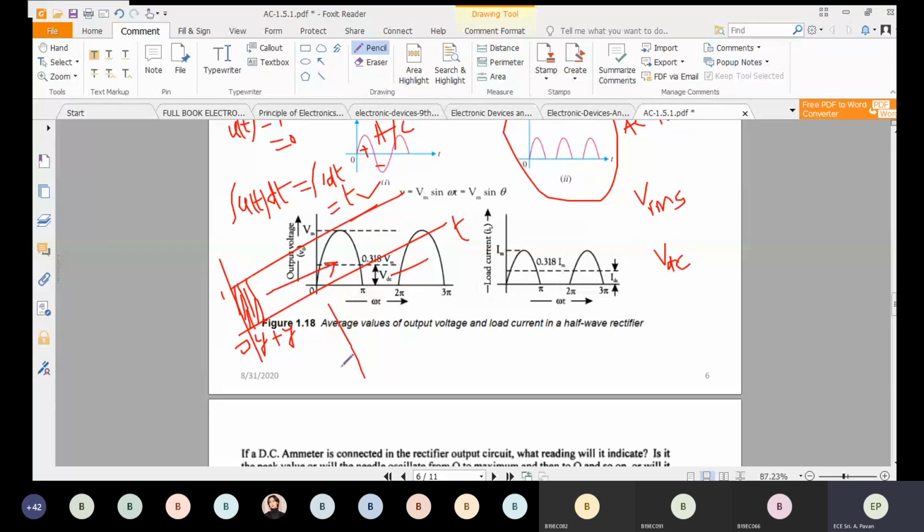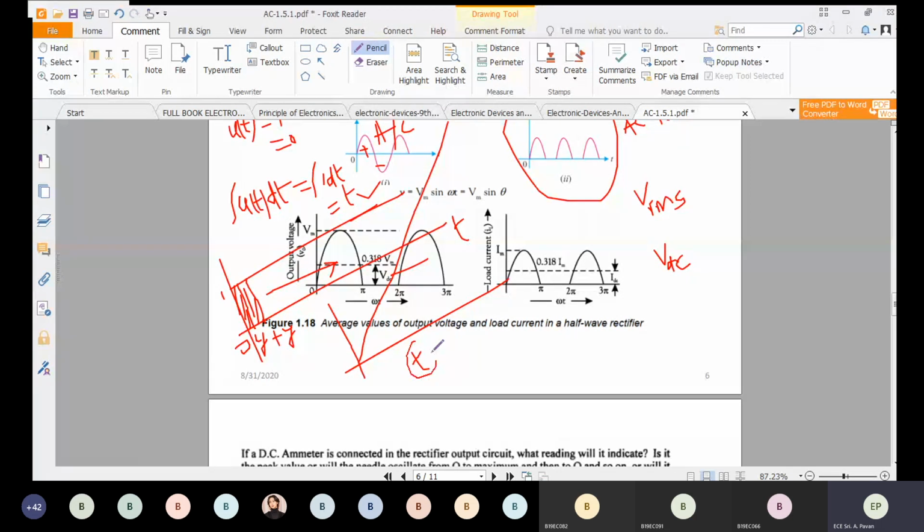Increases. Area increases. Why? Because we are moving rightwards. As we are moving rightwards, area increases. So at 0, area is 0. As we are moving rightwards, area increases slowly, right? At infinity, area also will become infinity. So that's why we indicate this area under the curve of step signal as a t. When t becomes infinity, area also becomes infinity, right?